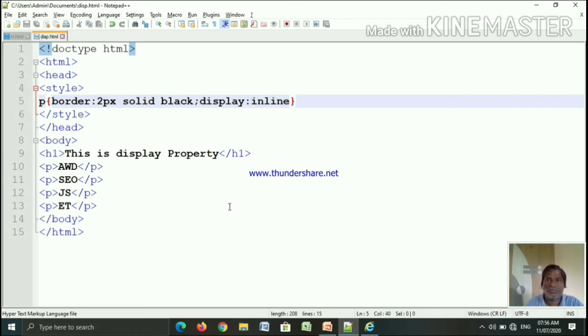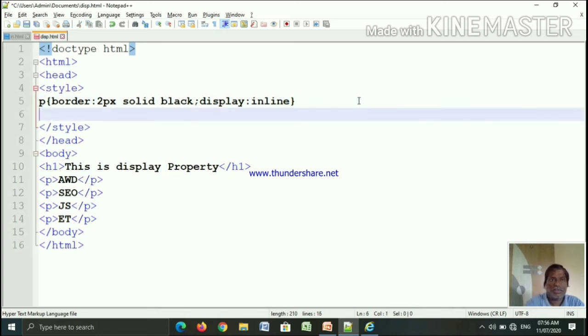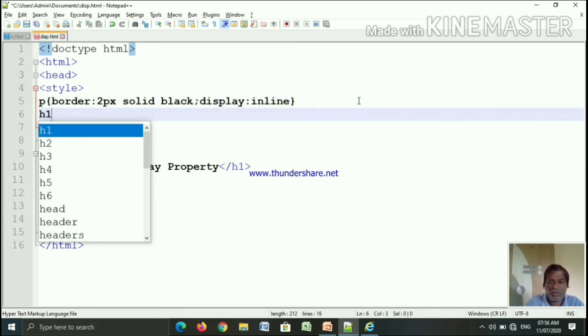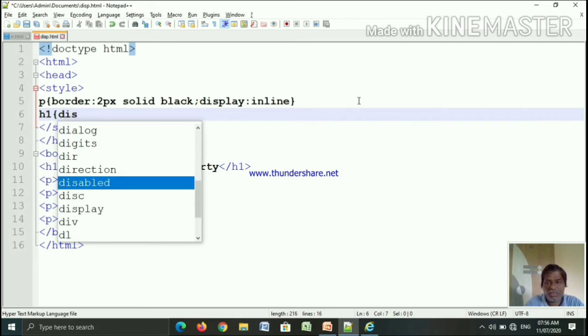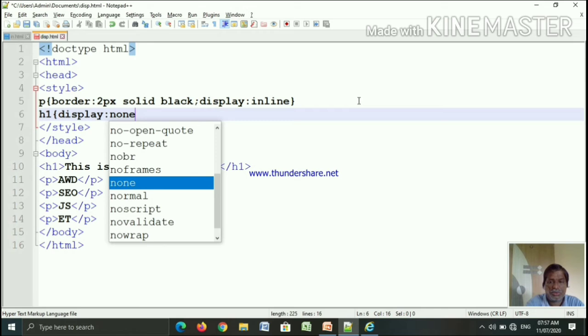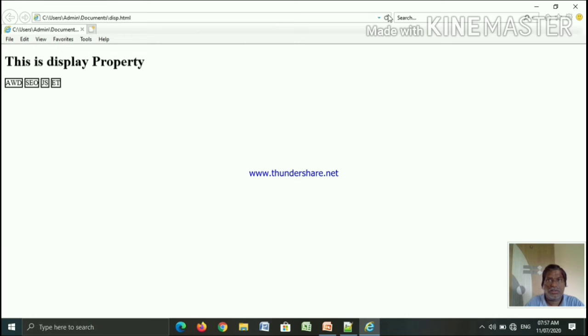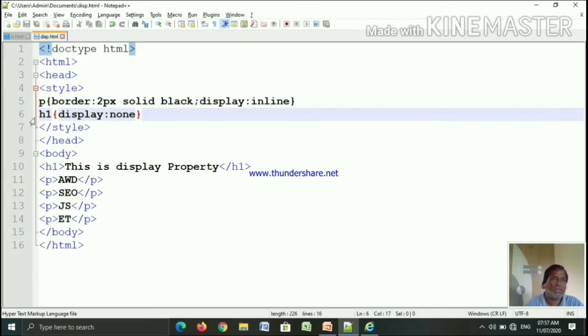Okay, now here we have the H1 element. For that also we set another property: H1 display none. So see what happens when we use display none. You can see this heading is hidden only because of this property.